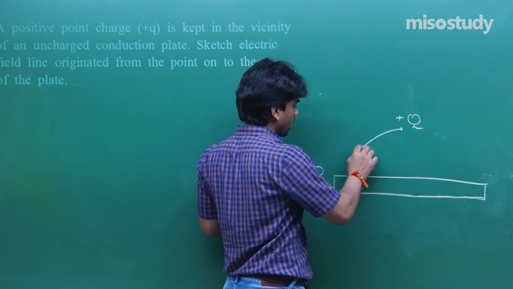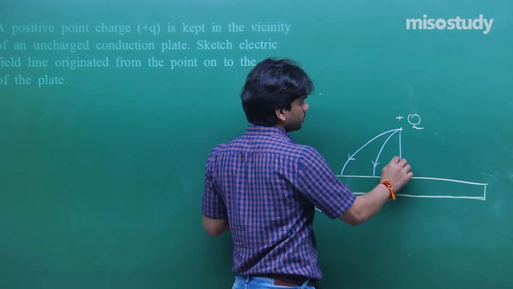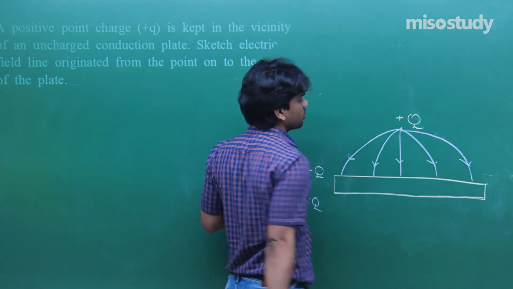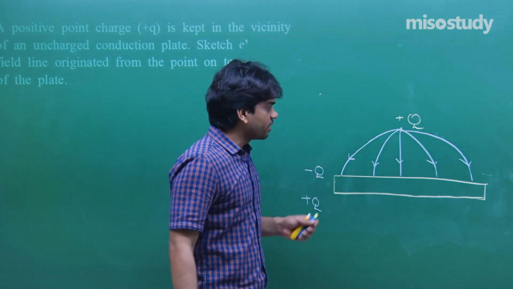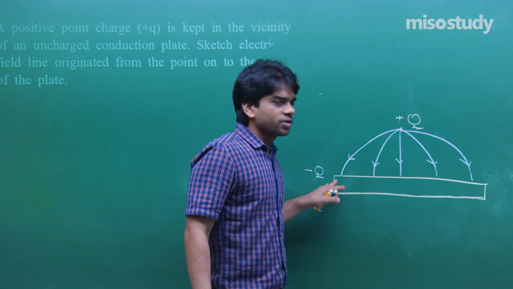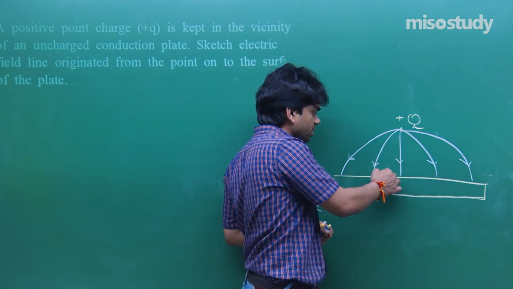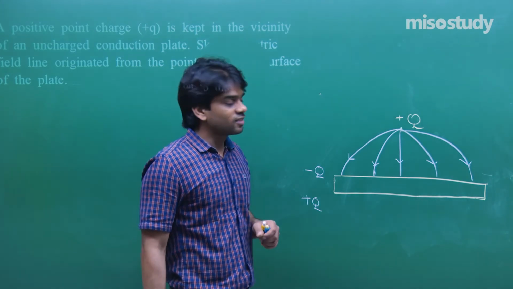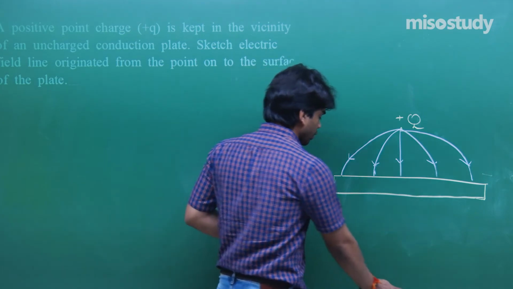So you have to draw field lines in this way. In between the charge plus Q and the plate, you have to show the field line variation in this way, because it's a point charge and yet the charges will be distributed all along the surface. So that's why I have drawn. Everywhere you have to mention that it comes along this sense as shown. This is the sense of electric field lines that will be oriented for this combination which I have shown you here.